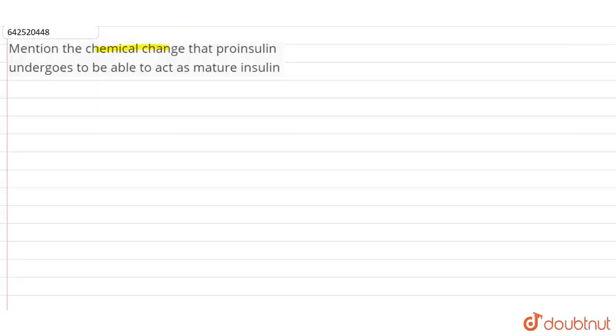In this question, we have to talk about the chemical change that proinsulin has to undergo to be able to act as mature insulin. Now we all know that insulin is a very important hormone in the body not only of human beings but also of many animals. And this hormone is secreted by the pancreas to keep the metabolism or the metabolic rate